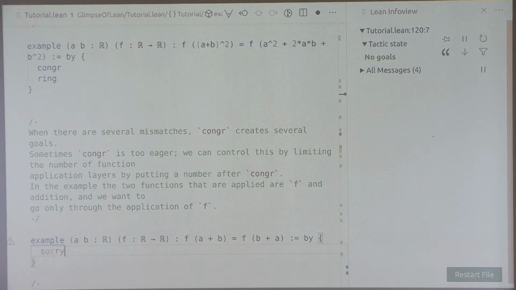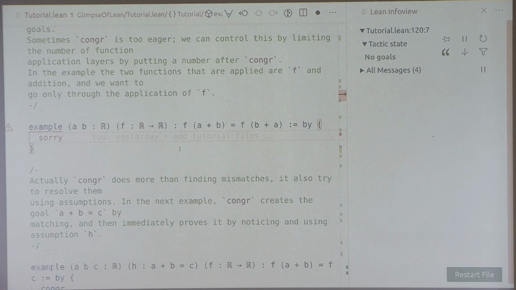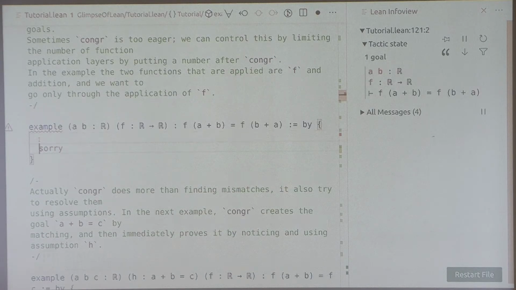Congr can be too eager sometimes, so it can try to unify too many things and give you something that is not true anymore. So if we look at this example again, we have two real numbers a and b, and a function f from the reals to the reals, and we want to prove that f of a plus b is the same as f of b plus a, which is true because for real numbers a plus b is equal to b plus a. However, if I try to do congr like before,